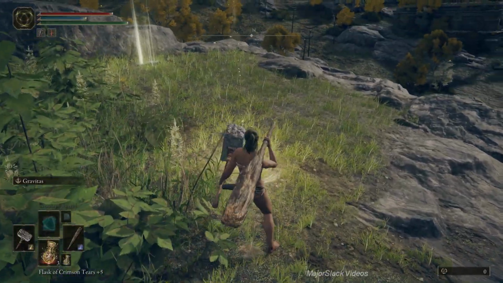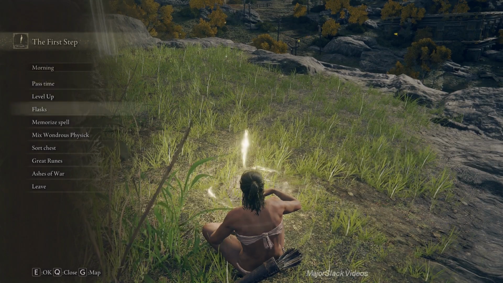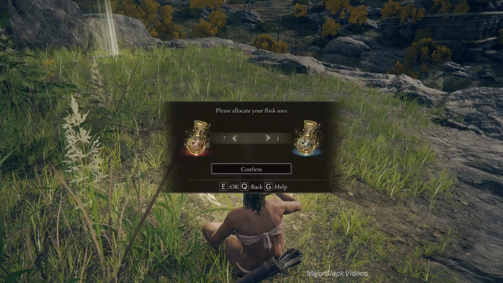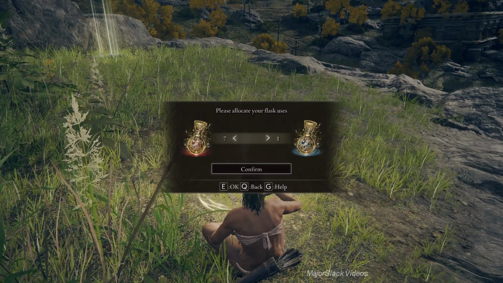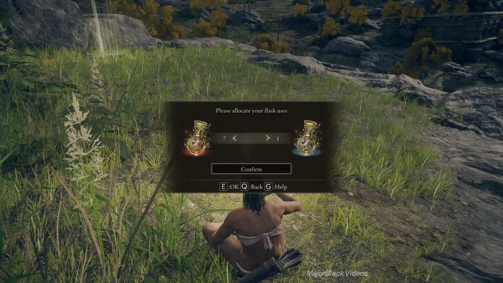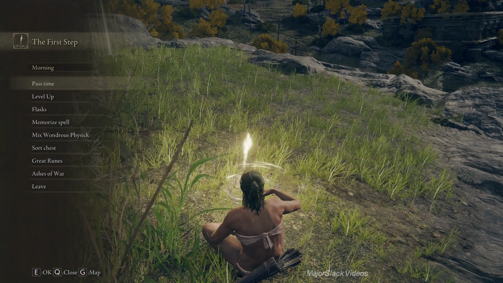Alright, next, flasks. We want to minimize the risk. Since we're using barely any FP at all, we can afford to put all our flask charges into the Flask of Crimson Tears. I would recommend 7 and 1. You want at least 1 to be able to cast your Spear Dash and the Golden Vow. Alright, 7 and 1. Next, Wondrous Physic,